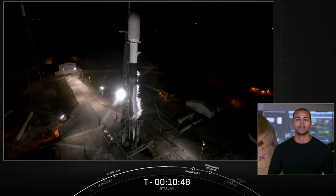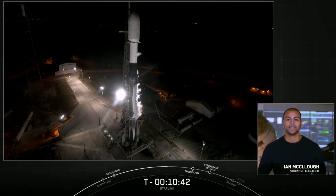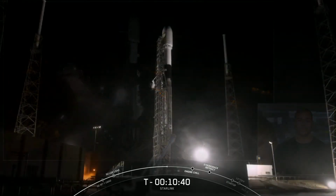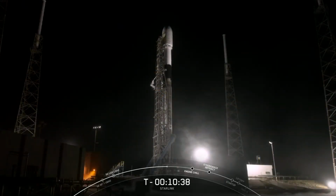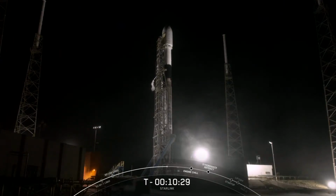Hi, I'm Ian McCullough, a sourcing manager here at SpaceX. You're looking at a live view of Falcon 9 on the pad. Our two-stage launch vehicle stands about 70 meters tall, and when it is fully fueled, it'll hold just over 1 million pounds of propellant that the vehicle will burn through in less than 3 minutes after liftoff. We prepped Falcon 9 in our hangar at the base of the pad. Upon completing final checkouts, Falcon 9 rolled out to the pad with the Starlink payload and went vertical Tuesday around